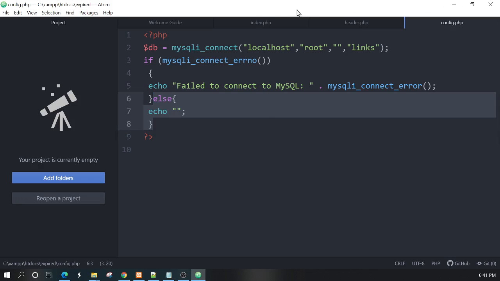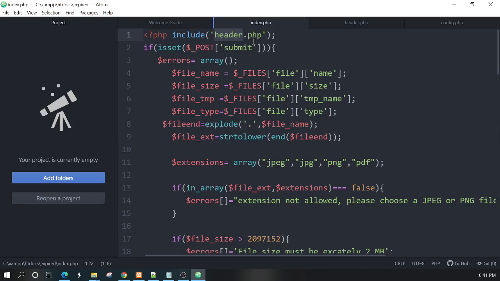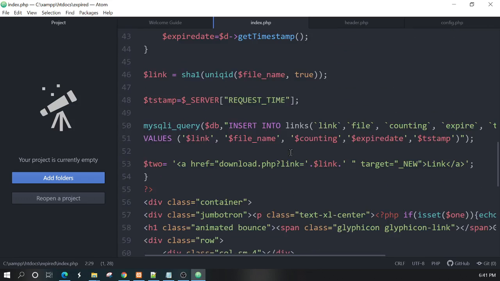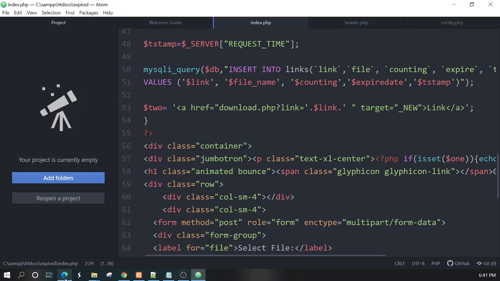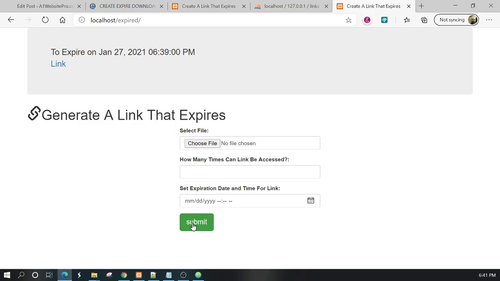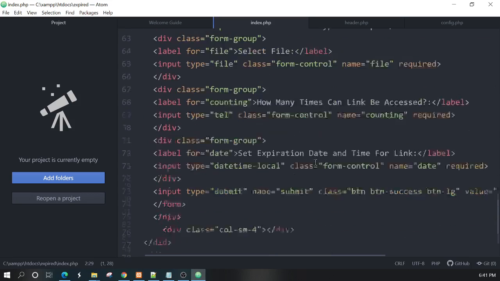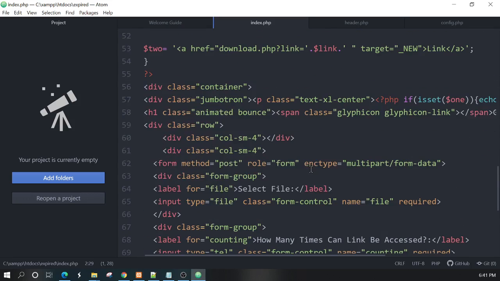Okay, let's go right on down to the index.php. Here I'm checking to see if something is submitted. So basically, whenever people hit submit on this form, let me show you the form that we're looking at. When they hit submit on this form, it's going to go to the top of the page, right? Because you just reload. The action is submitting to itself. So if we go down here